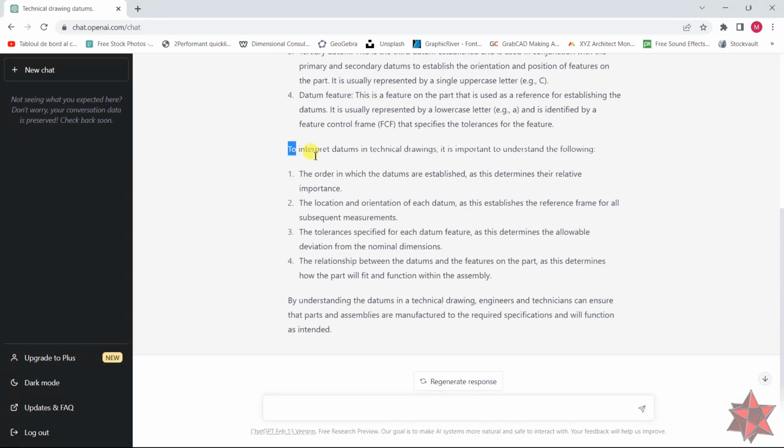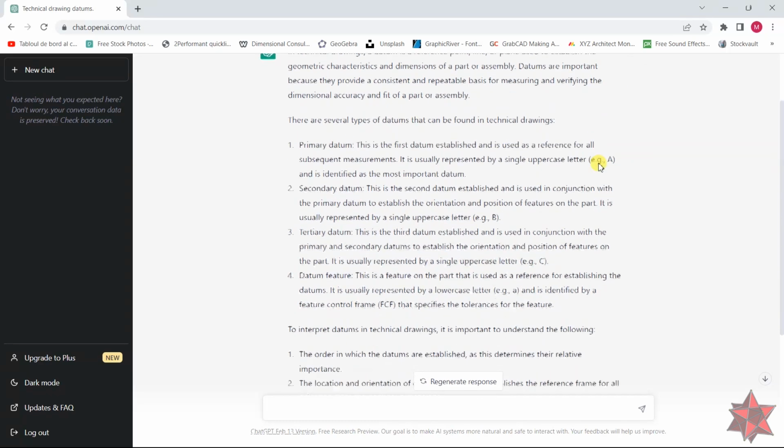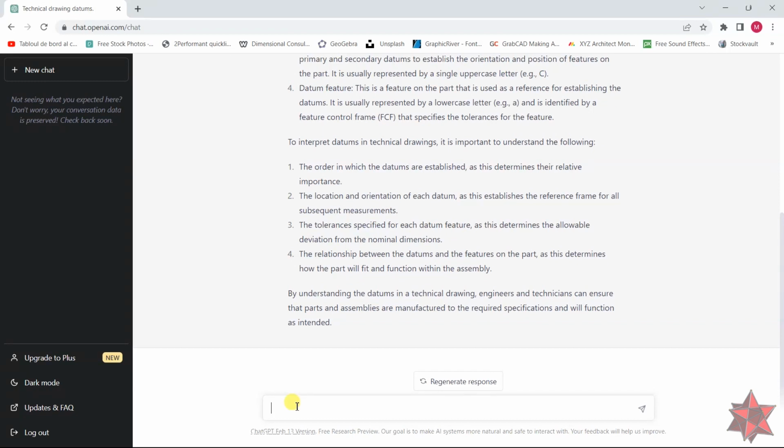Okay, moving on. This one is, from my point of view, good as well. In total, about the datums from the technical drawing, I can give it something like a 7 out of 10 because of this. If it didn't say this, then it would be, I don't know, a 9 out of 10. I think it covers most of the things you need to know about datums if you are a beginner. Let's ask it something like, tell me